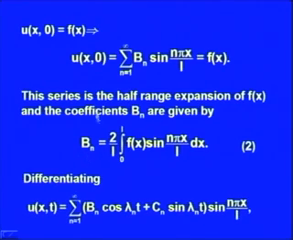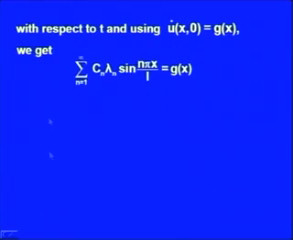Now, if you differentiate equation 1, that is the equation for u(x,t), partially with respect to t, we do this in order to use the second condition, ∂u/∂t at t equal to 0. Using that ∂u/∂t at t equal to 0 is g(x), that is, the initial velocity of the string is given by the function g(x), we will have sum from n equal to 1 to infinity of C_n λ_n sin(nπx/L) equal to g(x),